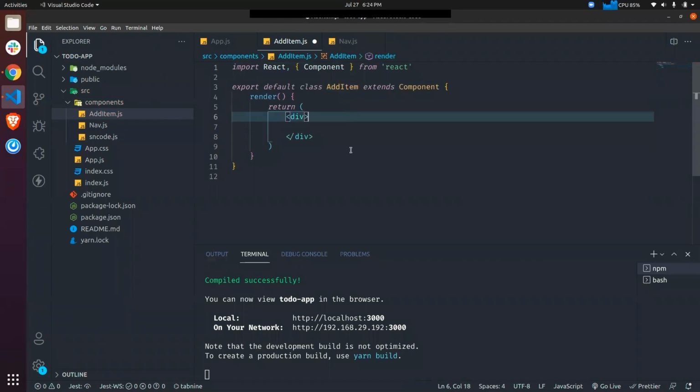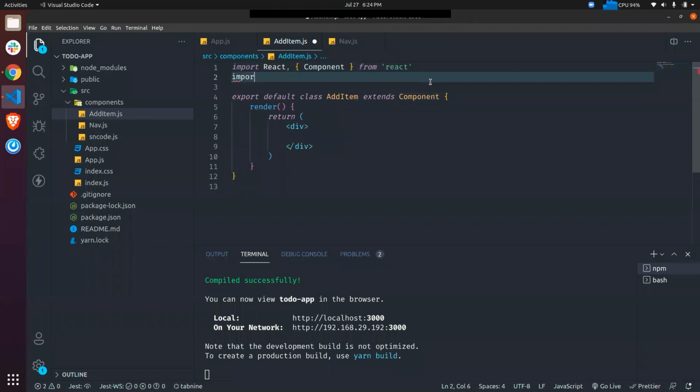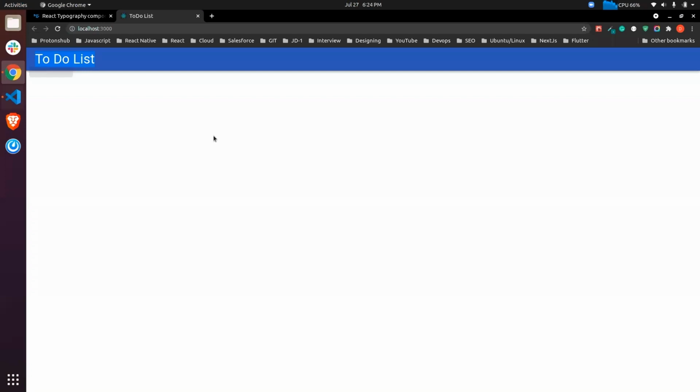So let's do this, and let's import some stuff. If you remember, on your second day Adin told you about the grid system. If you don't know about the grid system, it is something where you have your page in a grid of either columns or rows. We have a grid of 12, so our whole page is a grid of 12, and you can divide it by 1, 2, 4, 5 or 12, whatever you want.